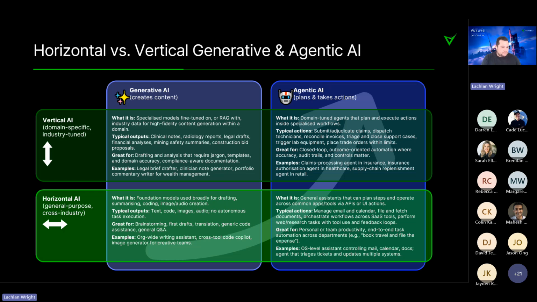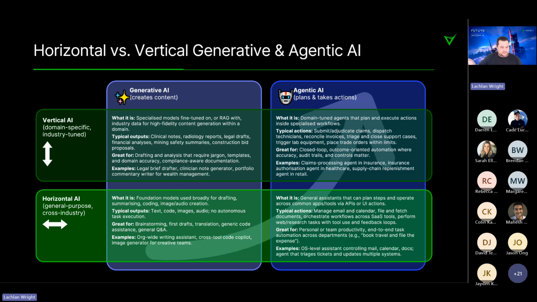So those horizontal generative tools like Copilot, Gemini, Claude Teams and Enterprise, those kinds of things, are really good for some quick productivity wins and gains for people. But they're very generic and they don't take any action on their own. If you start moving up towards that vertical and you start building some fine-tuned models or augmenting your models with some of your own data and industry data to start doing specific things like clinical notes, safety summaries, tender responses, financial analysis, already you start to see a bit of an uptick in value.